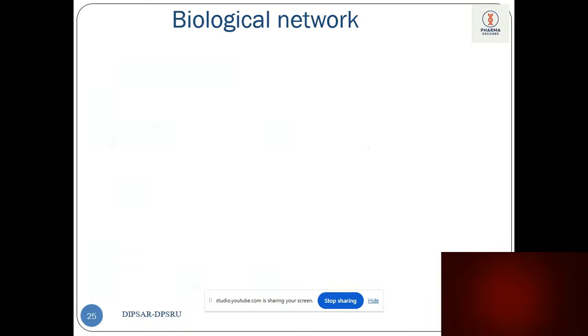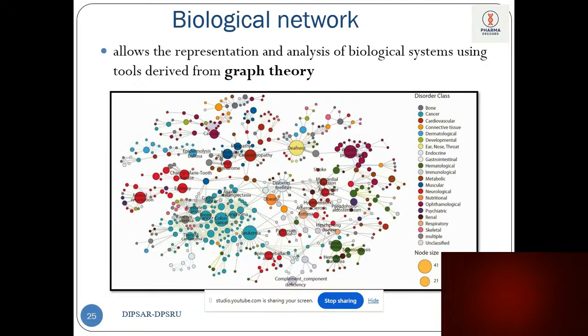So that's why, being a biologist or pharmacologist, we are interested in the biological network. And again, biological networks are not simple networks. You all know there are a number of proteins, a number of metabolites formed. A lot of things are interacting with each other, and it's not a simple process. When we talk about biological networks, it's a complexity. And another complexity is